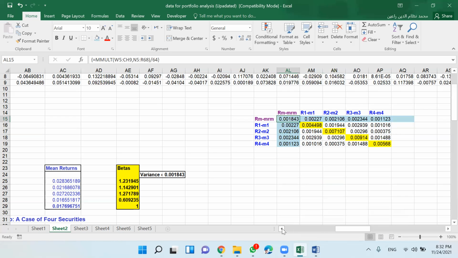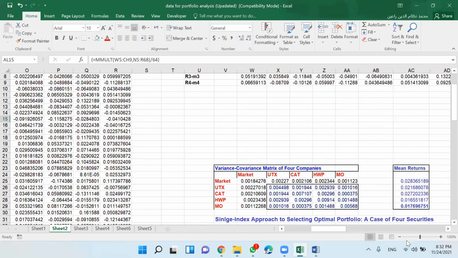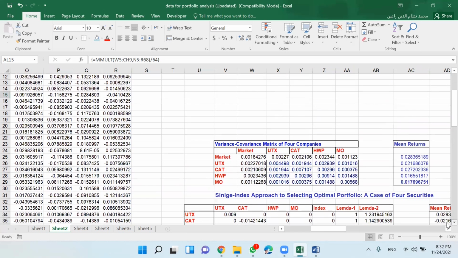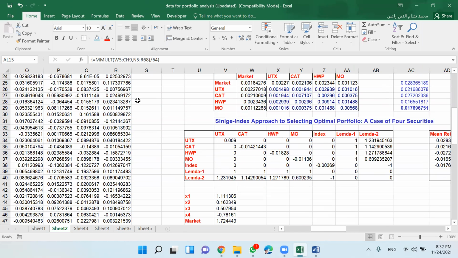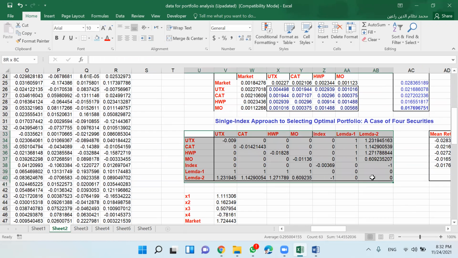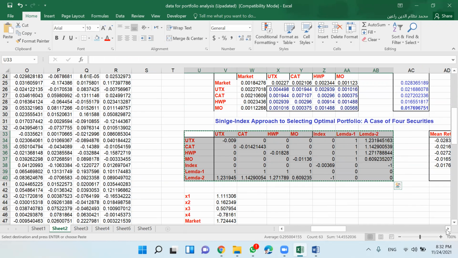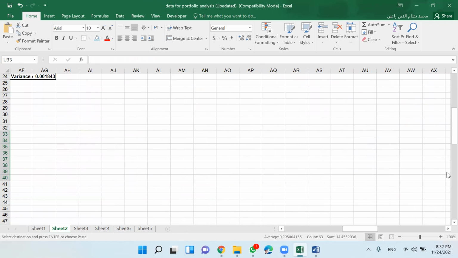But now go to the solution matrix. Let me copy this, so that you know how we do these things.